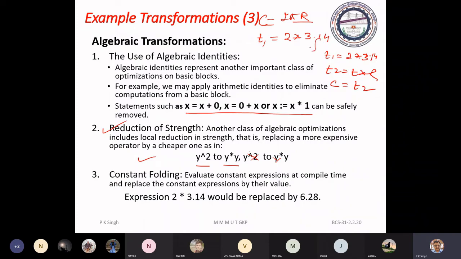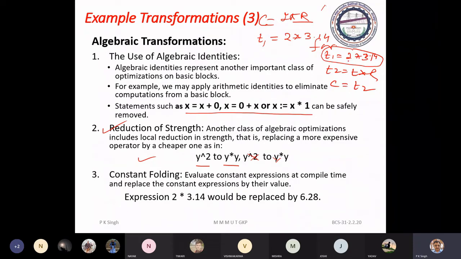Suppose it is in a loop, and you are calculating the circumference of various circles with different radius. In that case, for each radius, this statement will execute, including the computation of 2 into pi.